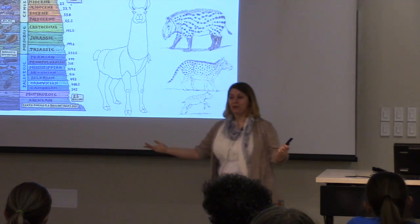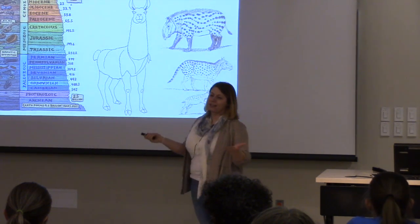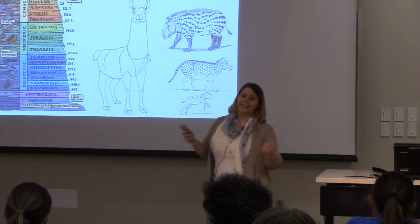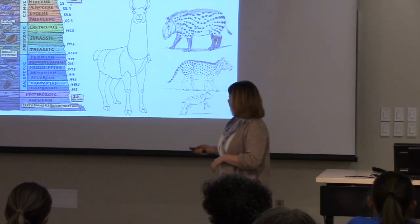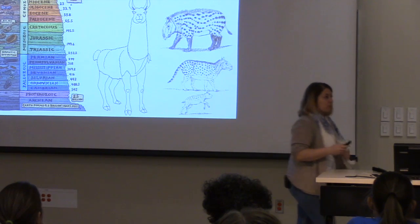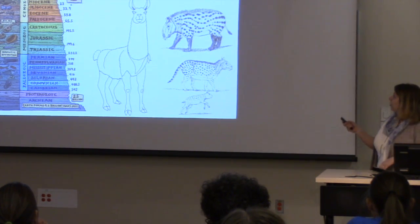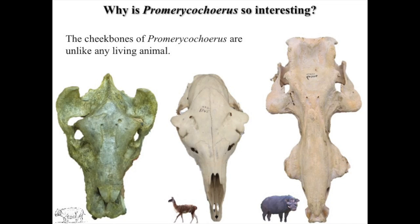So that's why I'm interested in oreodonts, because they're very common, so they're easy to study, and if you like statistics, which I do, it's nice to have big sample sizes, which is helpful when they have really hard heads. So the oreodont we're going to talk about particularly today is called Primaricochirus. He's the piggy guy up at the top, and Primaricochirus is really interesting because he has really, really big cheekbones,